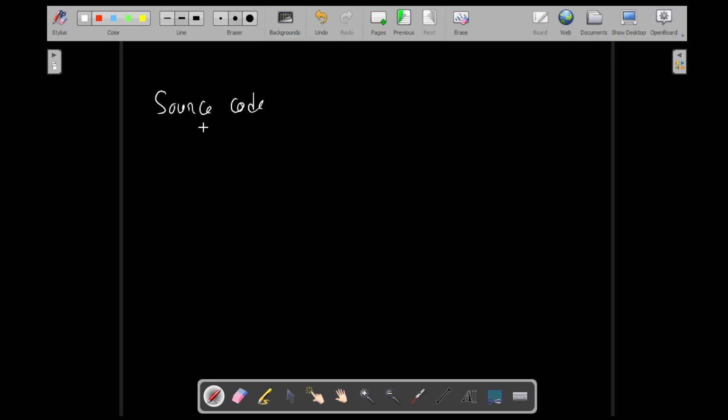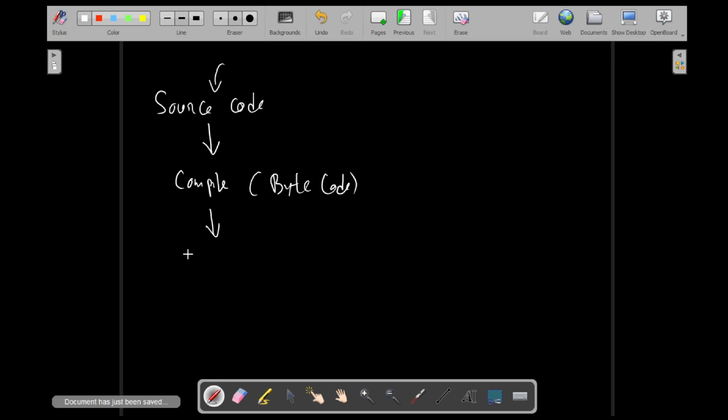Then what we will do is that we will compile this. What is compile? I'll dive into the details later on, but just for your understanding, compilation is the process of converting this source code into the machine code. But in the case of Java, it is not directly the machine code. When we compile the Java source code, it becomes bytecode. So we have two things: source code that you will write, then we will compile the source code into bytecode. This is the second step, and then this bytecode will be